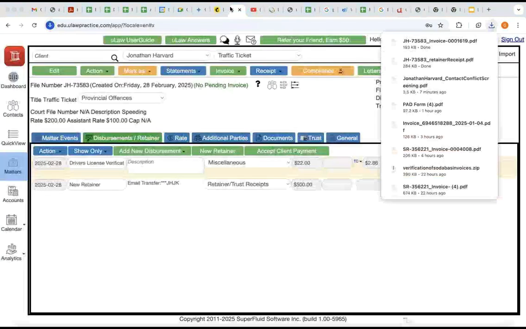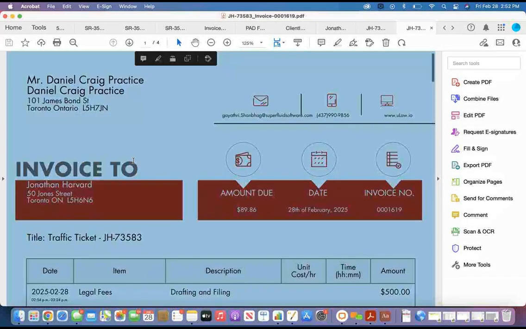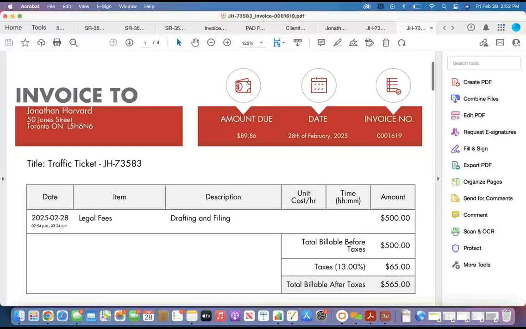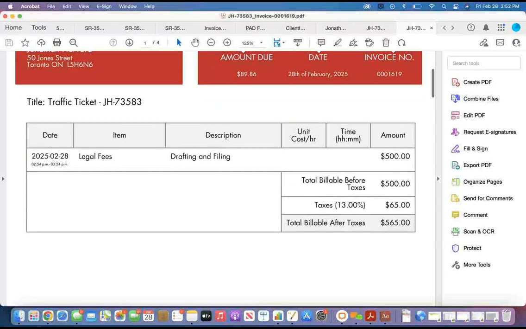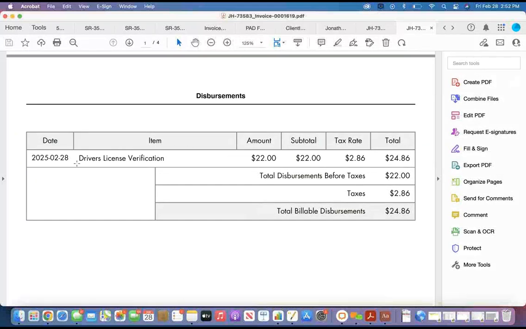So it is definitely a benefit using virtual verification while you save time and also charge your client accordingly. Legal fee, disbursements, driver's license validation,